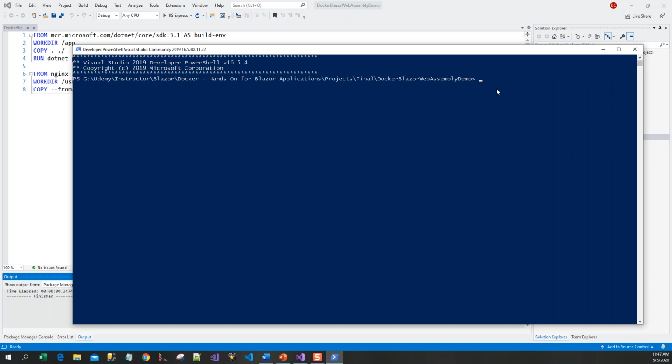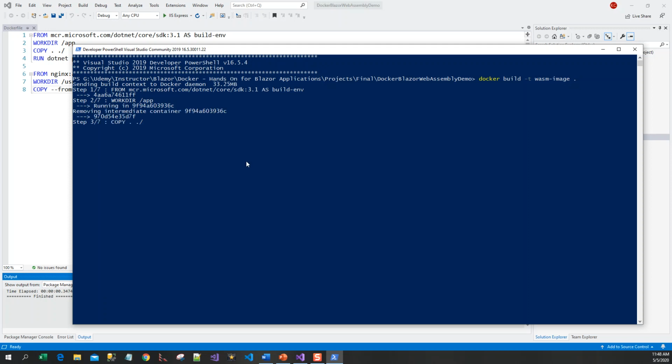So here I need to issue a command, which will always start with docker, because we are using Docker Desktop. So docker build -t, that is the t switch, and I will give this image a friendly name. Wasm image, say, because I'm building an image, and then a dot. The dot indicates that Docker should look for the Dockerfile in the current directory. Okay, and click on enter.